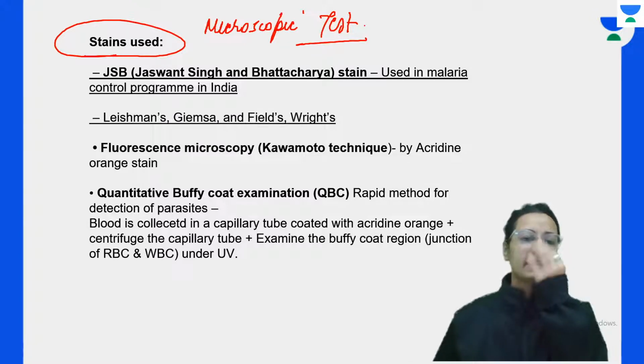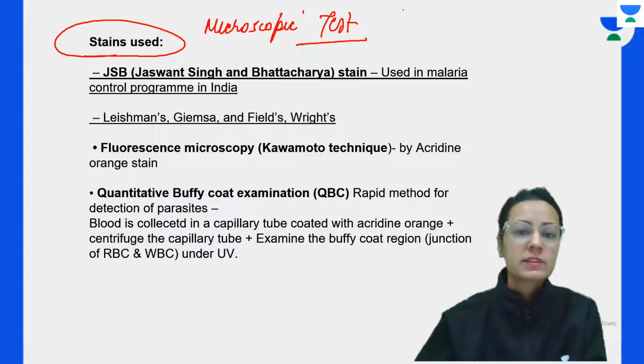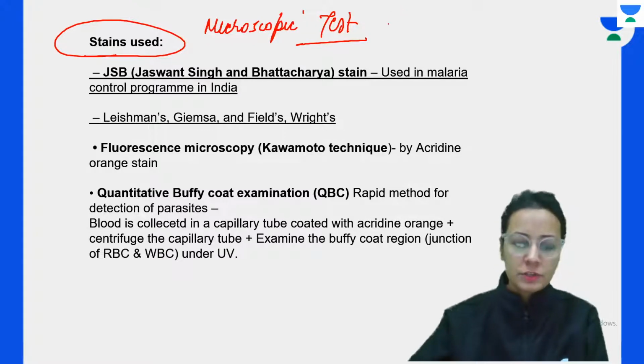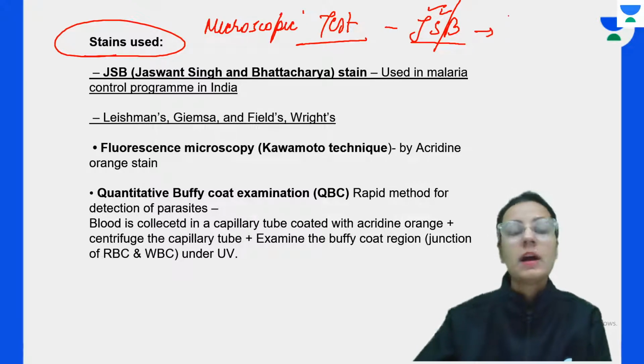Yes, what are the tests we are using for the staining? For the microscopic test, we are using the stains. Remember, the name of the stain that we are using is the JSB stain. What is the JSB? It is Jaswant Singh and Bhattacharya stain that is used mainly in the malaria programs